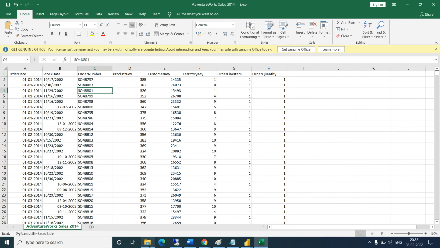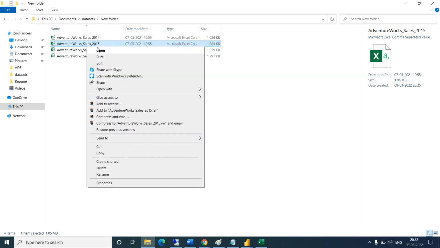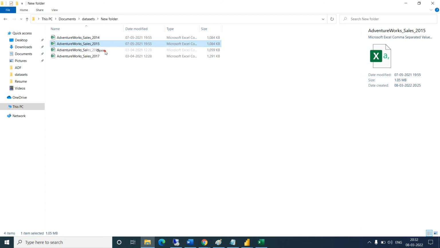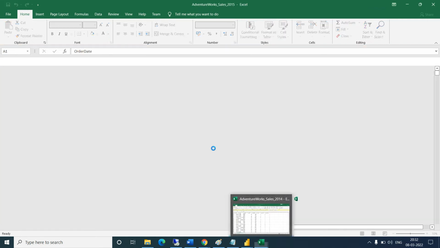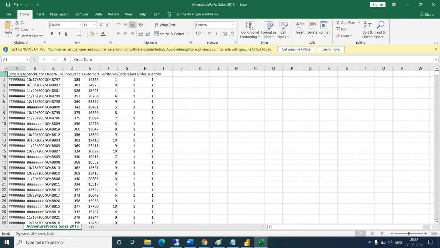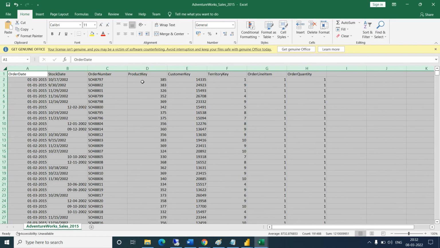Then the 2015 data file has the same columns, only 2015 data will be available. This is the 14, this is the 15 data. You can see all files have the same number of columns and same names of columns. In that case, we can combine the data.